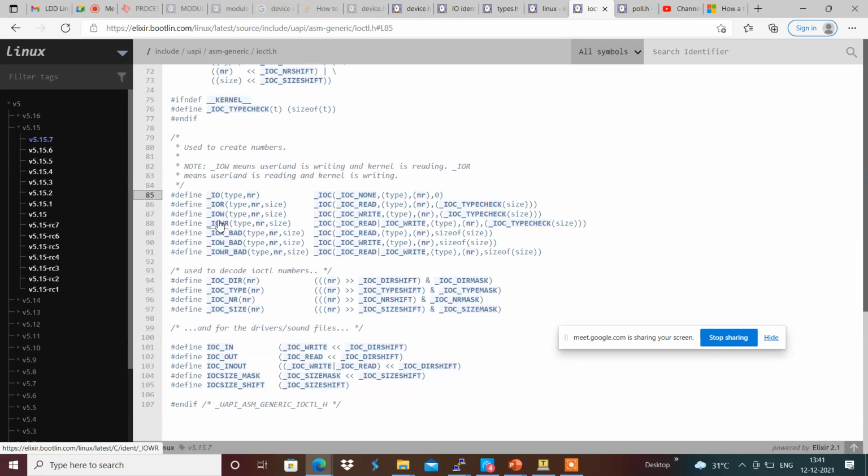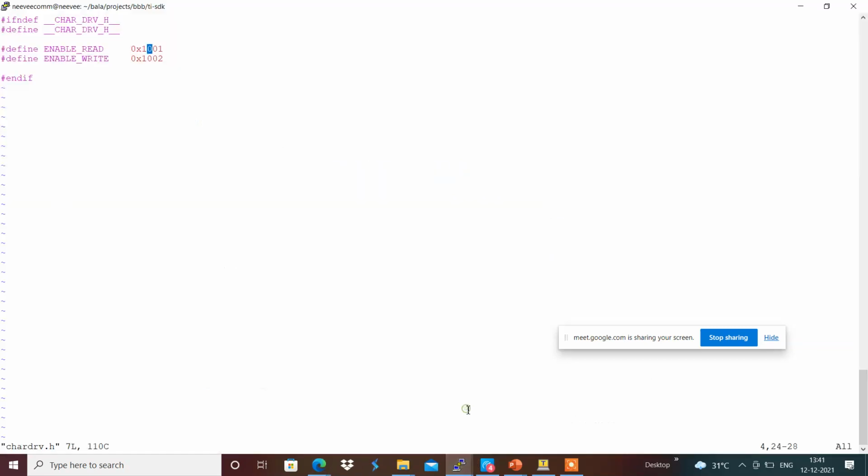For example, I am going to define a get underscore config. This get underscore config is going to read the parameters using the ioctl.